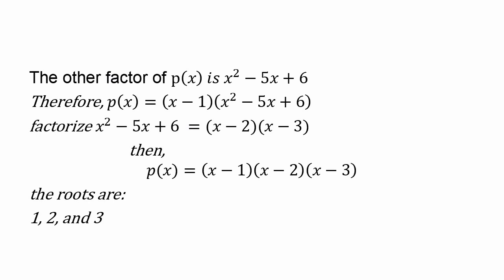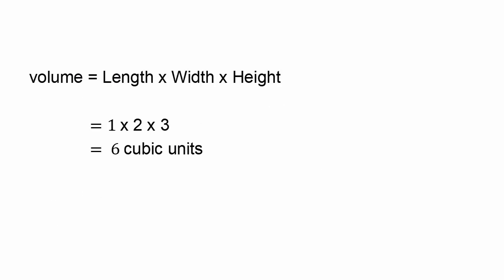Therefore p of x is equal to open bracket x minus 1 close bracket, open bracket x squared minus 5x plus 6 close bracket, which is equal to x minus 1 times x minus 2 times x minus 3. Therefore the roots are 1, 2, and 3. Hence volume is equal to length times width times height, which is equal to 1 times 2 times 3, which is equal